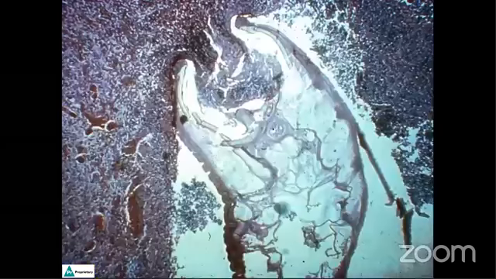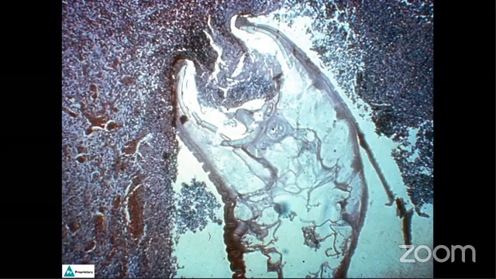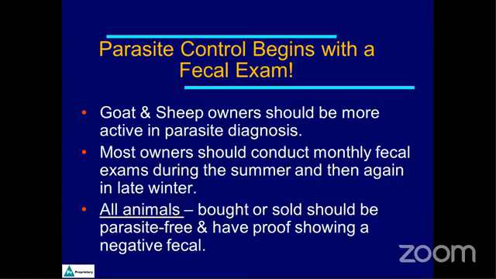Now, these parasites themselves, they have two functions in life. One, obviously, is to live off your animals. You can see this organism is taking a plug of gut. It's sucking on the blood. It's laying eggs. And our goal with the strategic time deworming is to stop the egg shedding. We want to stop the egg shedding in the spring because that's where the population buildup starts. So we're going to attack that animal by getting that egg count shut down in the spring. So that's why we want to get those fecal exams in, see where you are, monitor them throughout the whole year, and keep an eye on where your